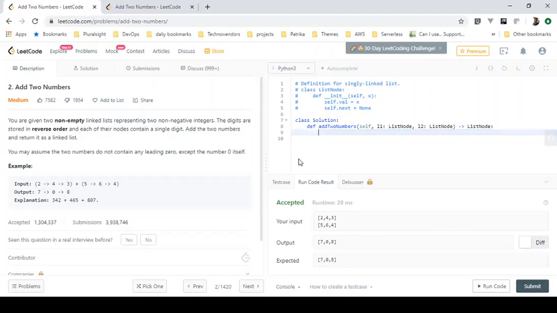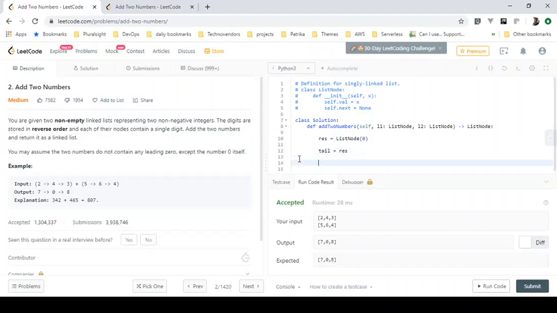We have to return a linked list. So let's create a result linked list which holds 0 as the initial value. Then we'll create a tail.